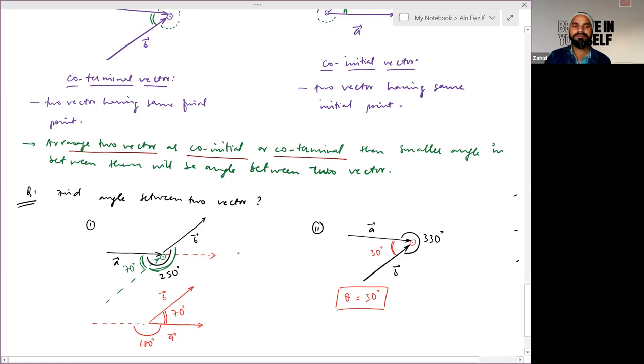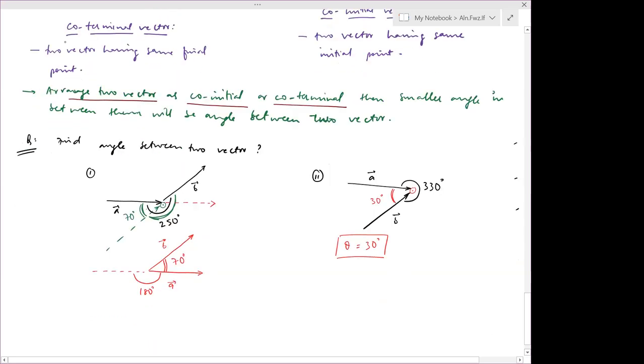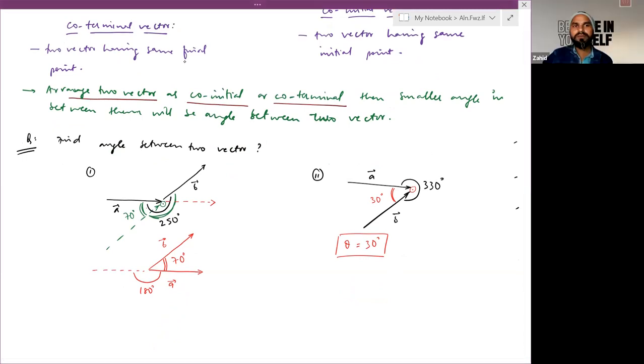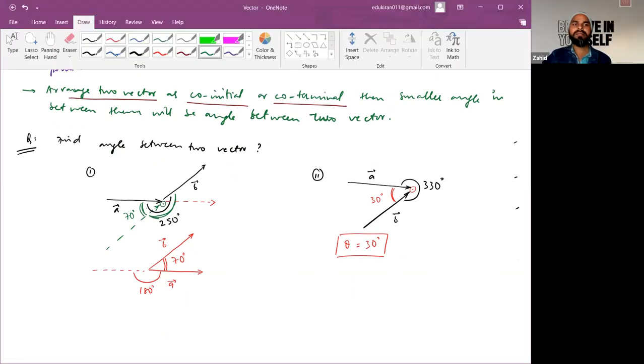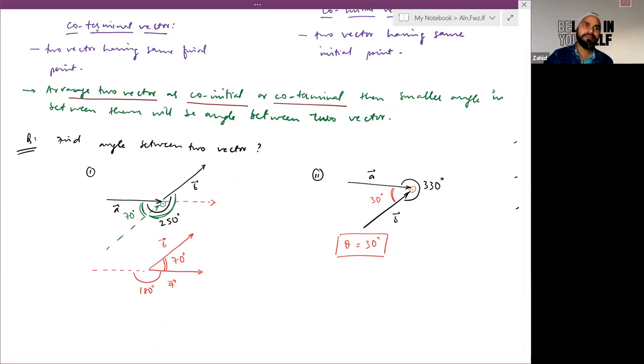Alan, is it clear how to calculate the angle between any two vectors? Sir, can you say that first part once again? Okay. First, whenever you have to define the angle between any two vectors, first try to arrange them to form co-initial vector or co-terminal vector. In this example,